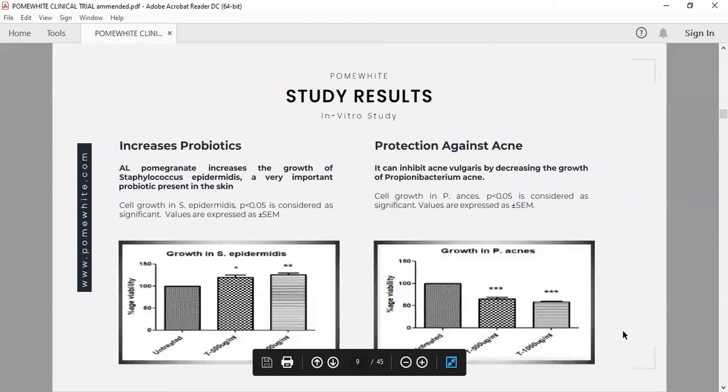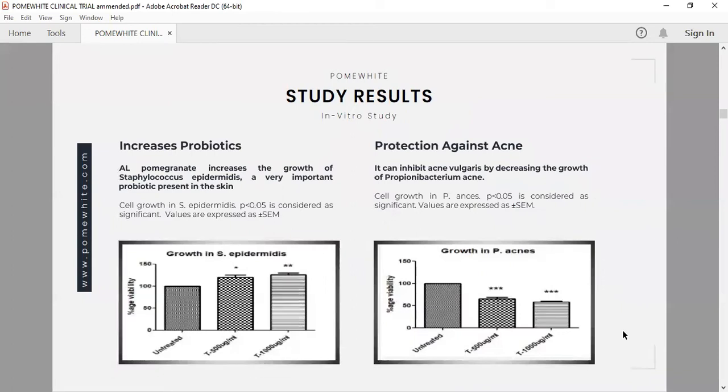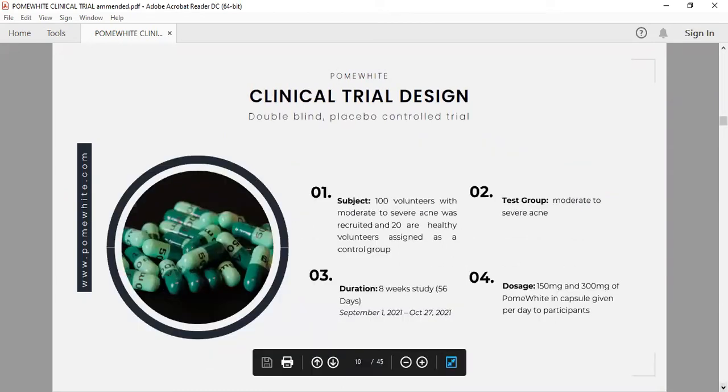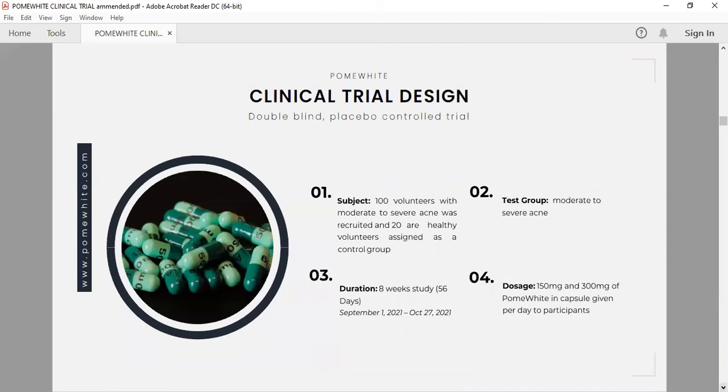So these are basically our in vitro trials, which show that it can regenerate the skin, whiten the skin, and combat the acne problems of the skin. We then moved towards the clinical study. It is a double-blind, placebo-controlled trial, and we recruited more than 100 volunteers, but 100 volunteers were chosen on the basis of their level of acne, that is